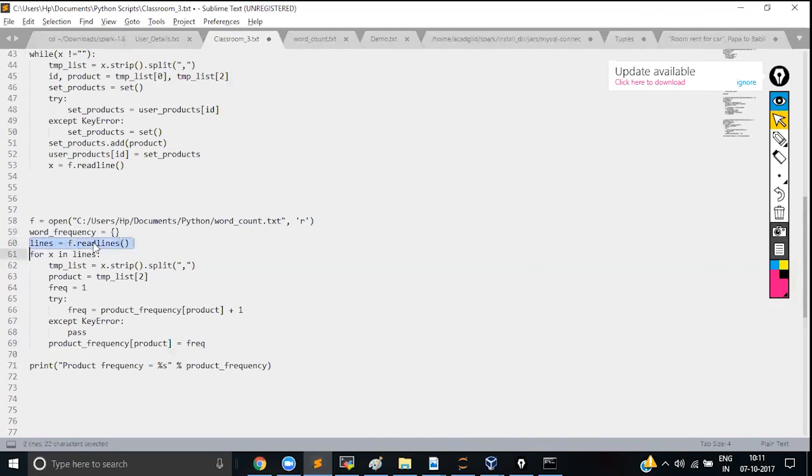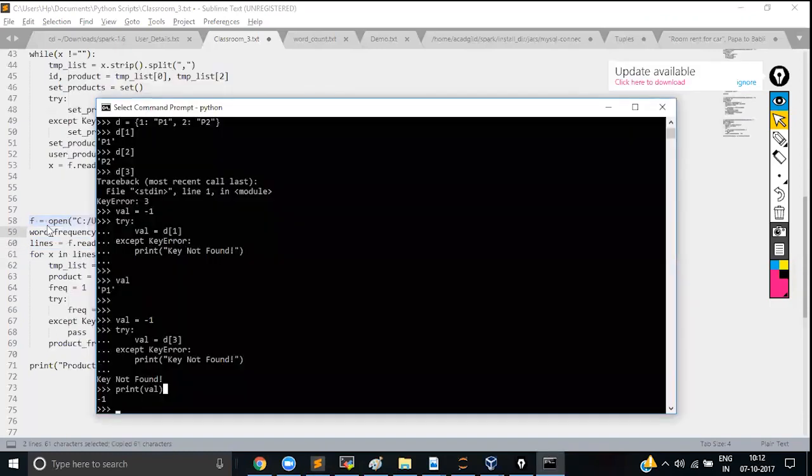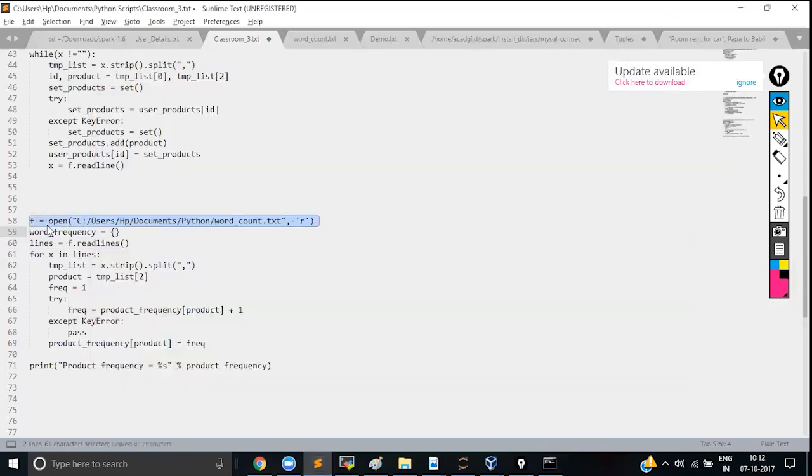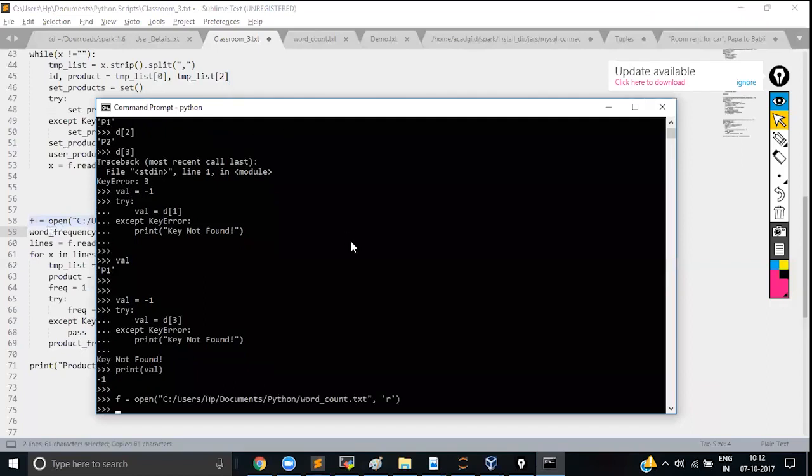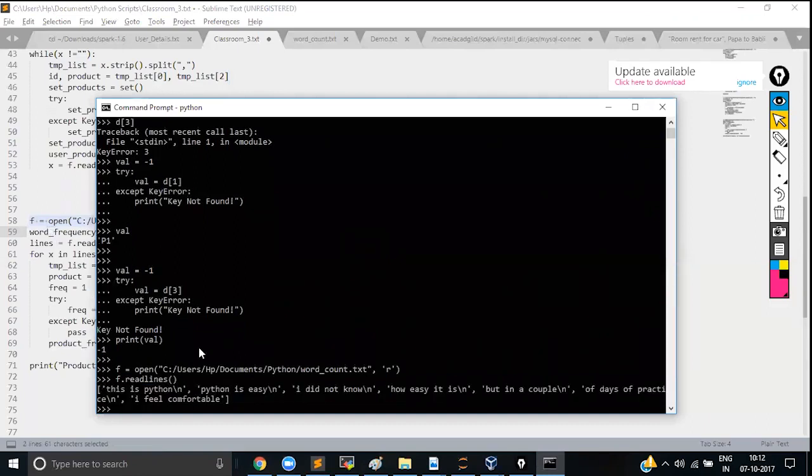So assuming the file is small, I will read the whole file in a single shot. If the file is not small, you know how to do that. You can use the readline method. So I'm going to show you first what readlines contains. This is my command prompt. If I call f.readlines, you see I'm getting a